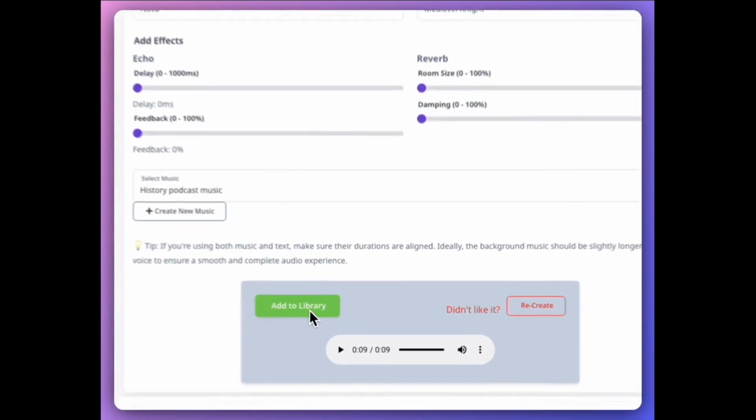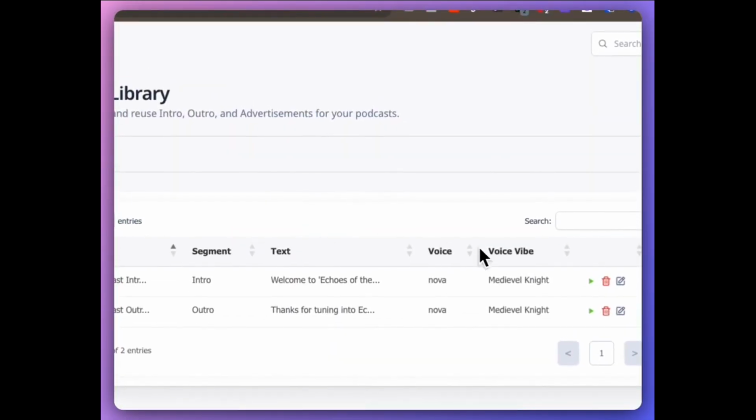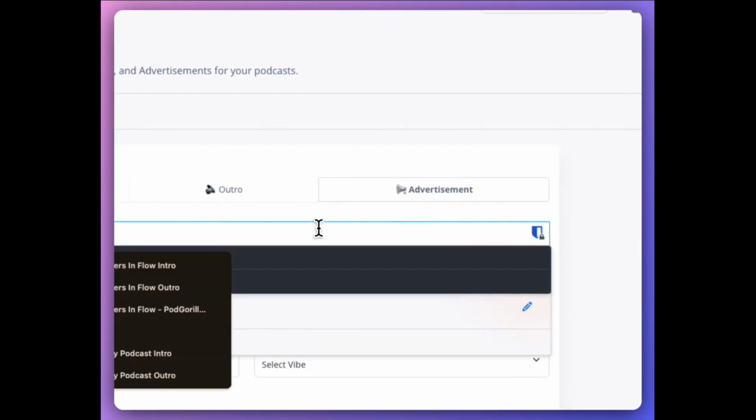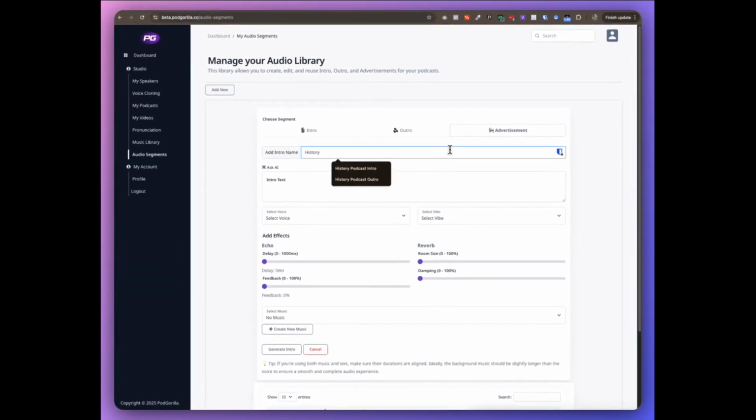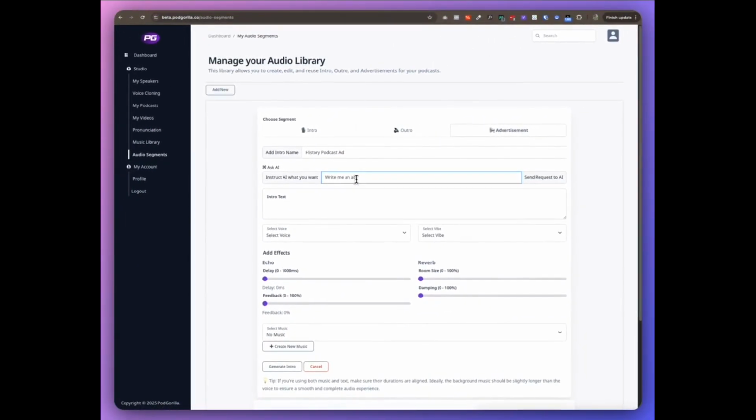That's good as well. I'm just gonna add that to the library. Now that's done, let's go ahead and create an advertisement. I'm just gonna ask AI to write me an ad that